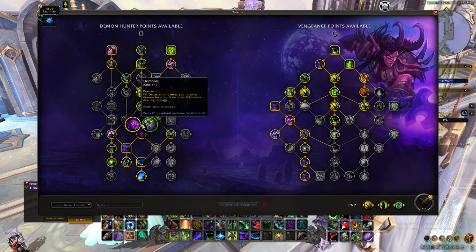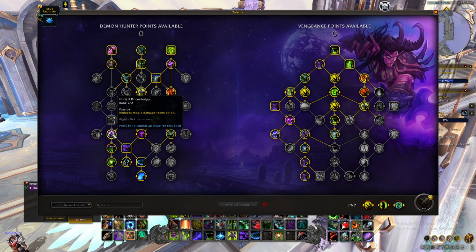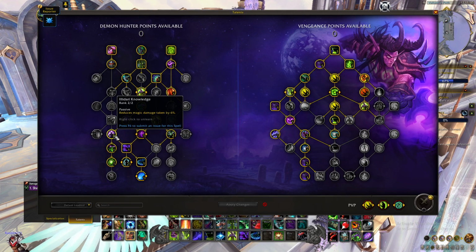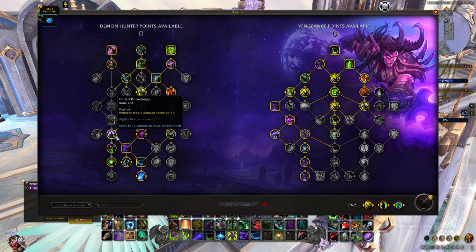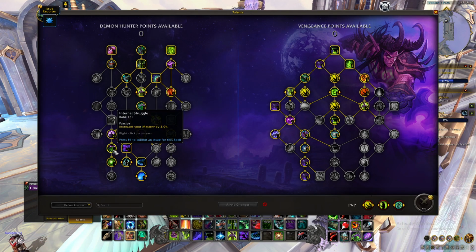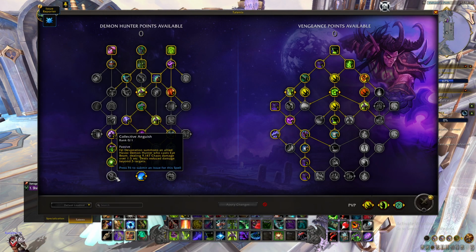Demonic is such a great build. Fel Devastation will enter you into demon form. You have to basically take that. It was phenomenal in Shadowlands. The reason I went down the left side though is reduces magic damage taken by 6%. As you know, as a Demon Hunter, you take quite a bit of magic damage. The increased mastery I had to take, and then the cooldown of Infernal Strike I had to take, just because